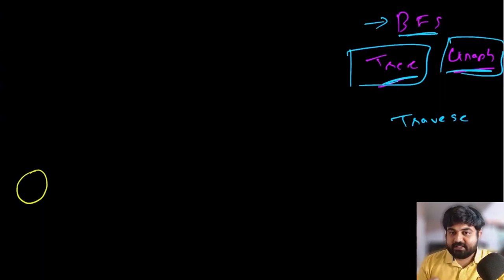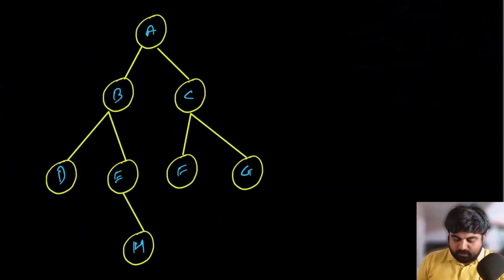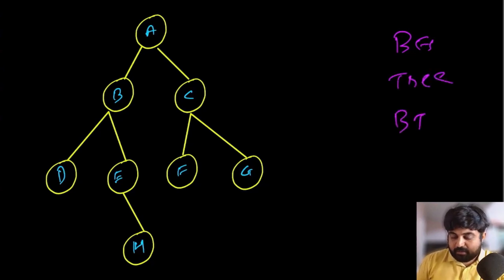So first let's see the overview and the typical flow of breadth first search. For that I'm going to use one tree and one graph example. First I have decided to show you BFS on a given tree. Now in this example we are using a binary tree. What binary tree means is that every single node has at most 2 children, nothing more than that. They can have less than 2 children, but they cannot have more than 2 children.